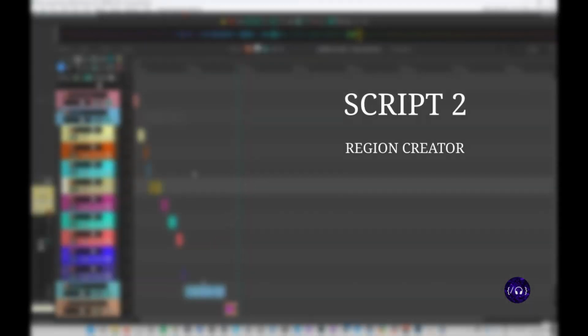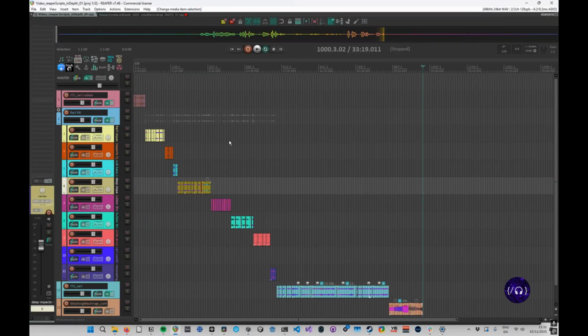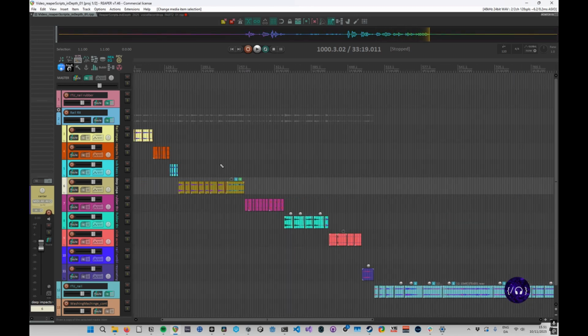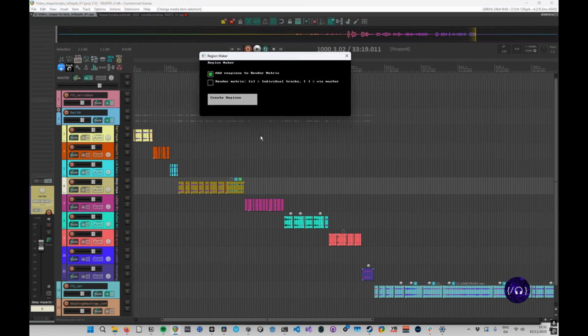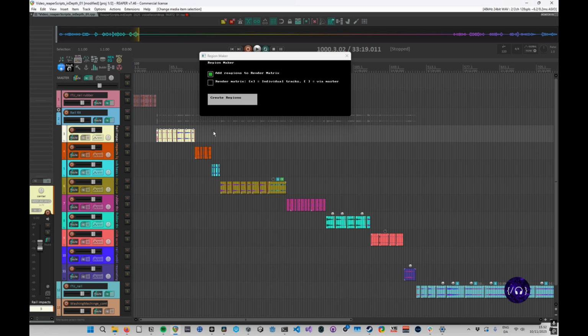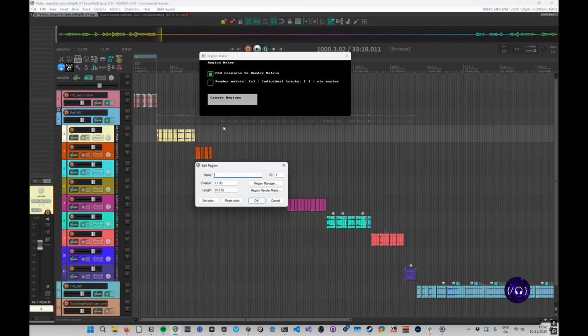So when you have organized all your files and you want them bounced as sausage files with space in between them, silence, you use the next script, which is the region maker script. Here we have 2 different checkboxes. You can choose to add regions to the render matrix, and you can choose if you want them to be as individual tracks like this or via the master. If I just do this, it goes through every single track, selects all the items and creates a region. So instead of doing region, blah, blah, region, blah, blah,